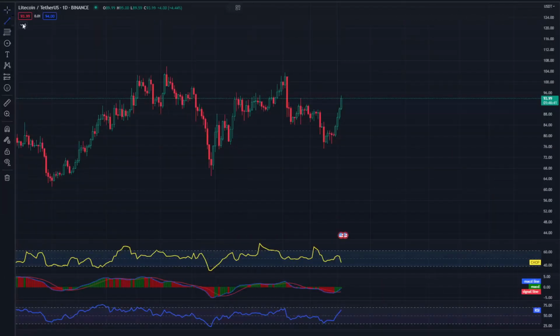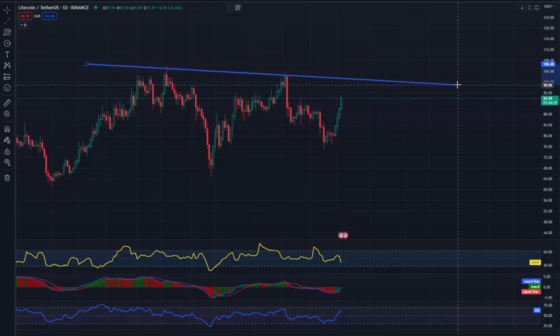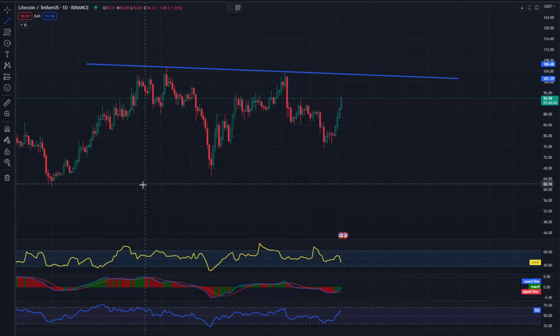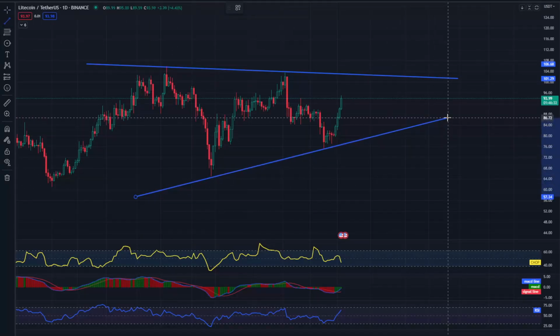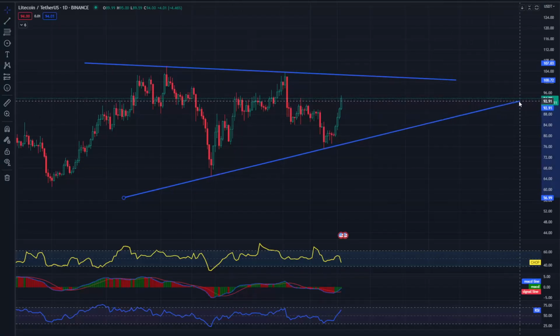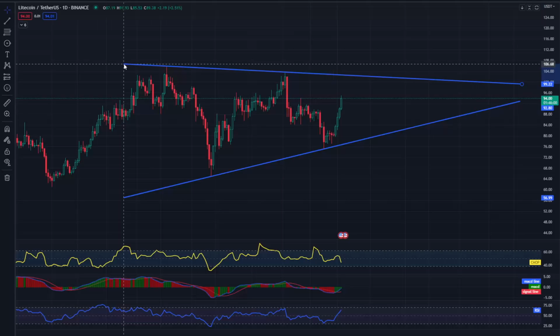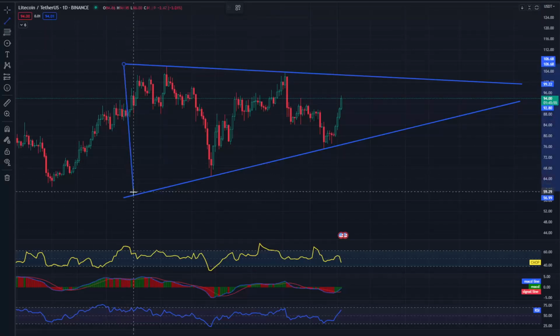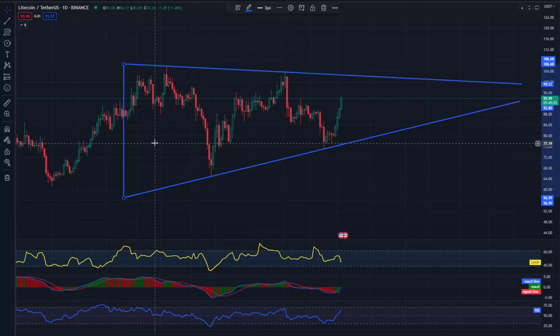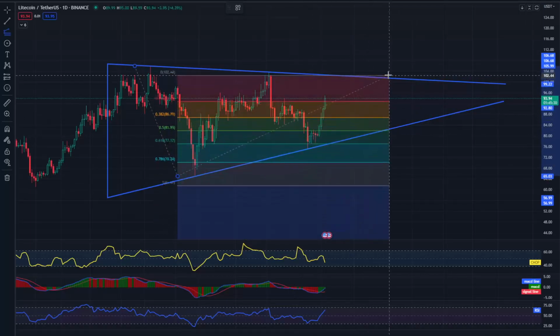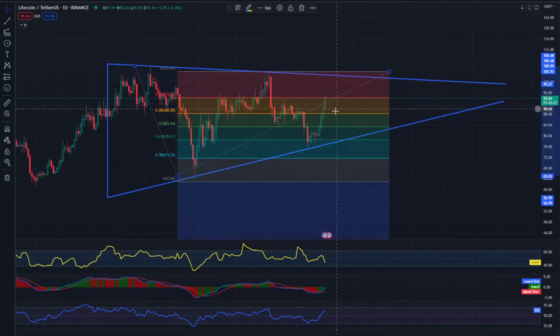The last one in today's statement is the LTC chart in pair to USDT. As in previous reviews, we will also use a one-day interval here. First, we will use the blue lines to mark the triangle in which the price is currently moving. Now, using the trend-based fib extension tool, we will check the support areas in the event that the LTC price